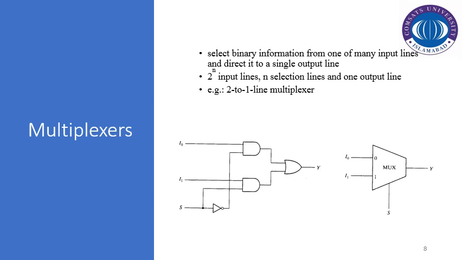Sometimes it is required to select from several options; you have to select a single option. So we require some sort of selection criteria to select a single option from several options. Depending upon that selection criteria, that particular selection is mapped to the output. Basically, multiplexers are data selectors that are used to select binary information from one of the many input lines and direct it to a single output line.